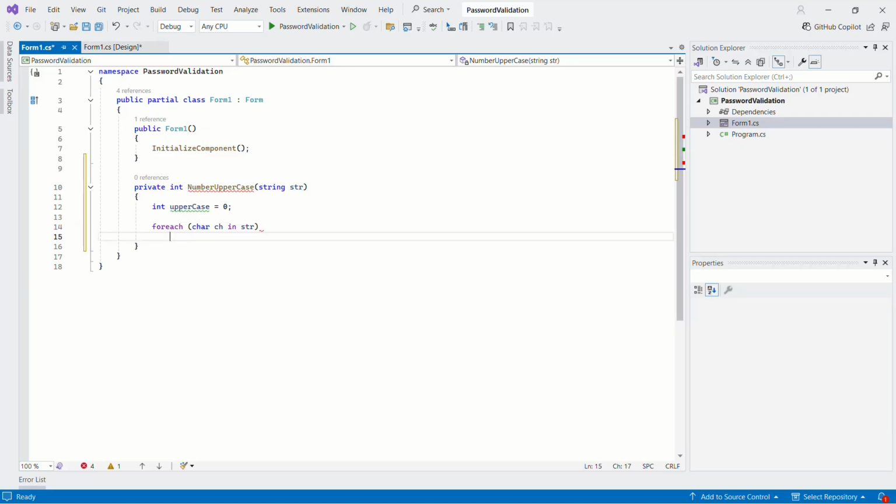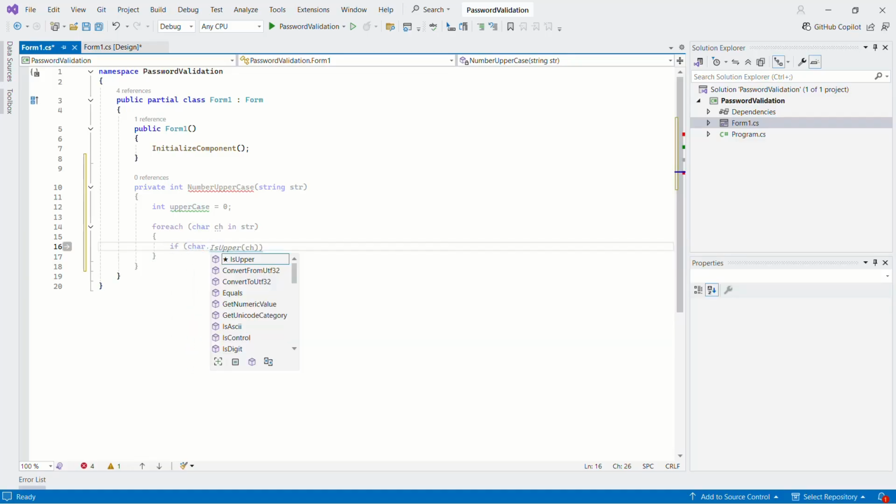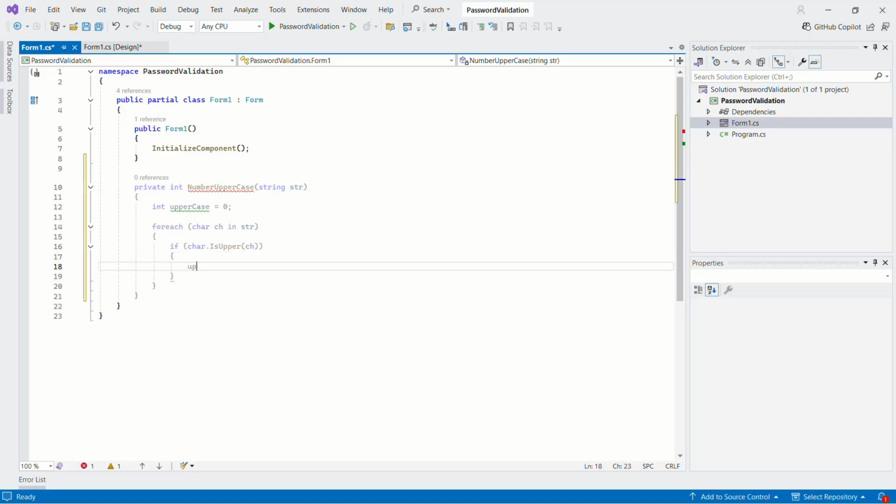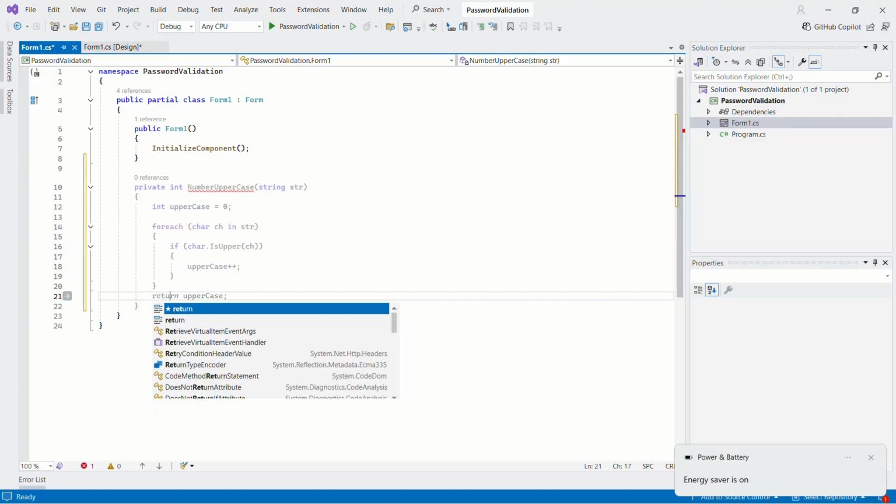Let's get rid of that. And what we want to do is check to see if Character.IsUpper(ch), then uppercase++. So that's all there is in the if statement. That's all there is in the foreach. So now we just need to return